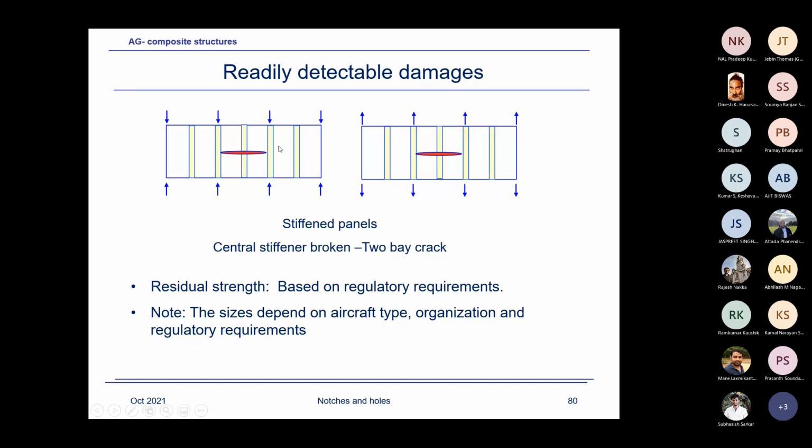Suppose you have a spar. Again, I have not written a lot of different cases. For a spar, you have to break the spar flange and partially the web for the crack. There are many scenarios. I won't go into the details of this. I thought this should give you some idea about the analysis. Although I can't go into too much detail, these analyses are far more complex, using the finite element method and